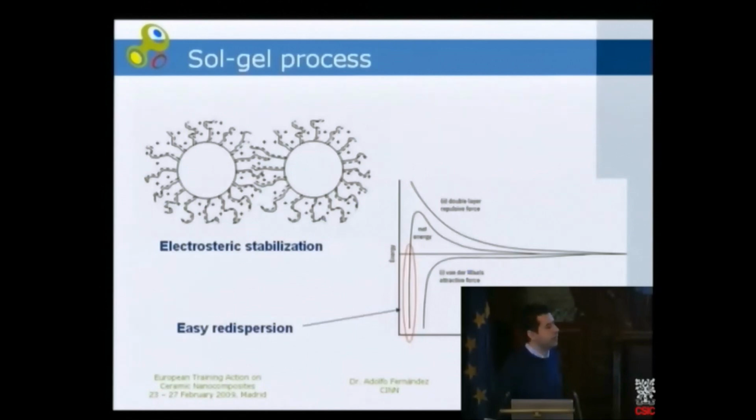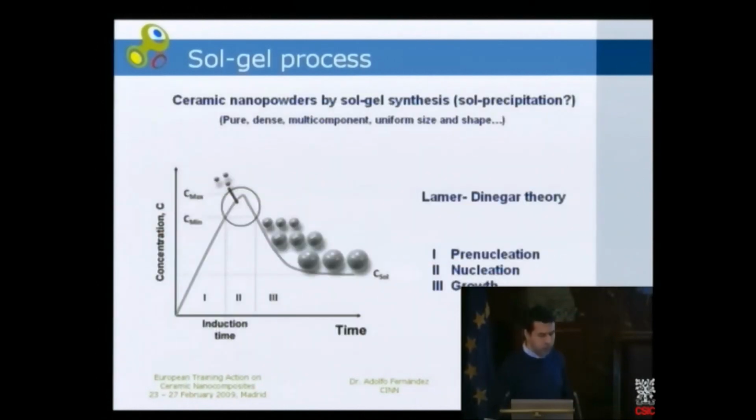Generally, two approaches are used for obtaining the suspension stability. I mean the electrostatic stabilization and the steric stabilization. In the steric case, it's important to know that it's also useful because it's going to make easy the redispersion of the particles, because even if the suspension has flocculated, as the steric barrier avoids the direct contact between the particles, it's going to be easier to separate the particles again.